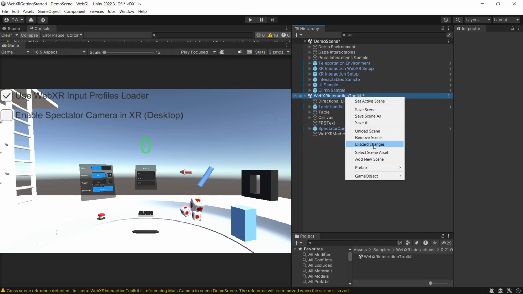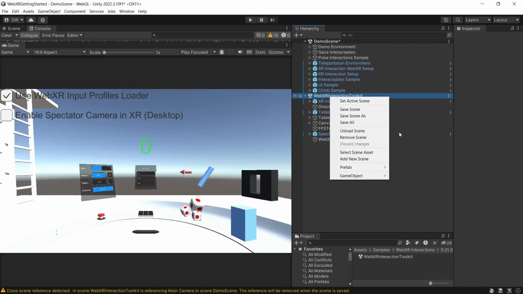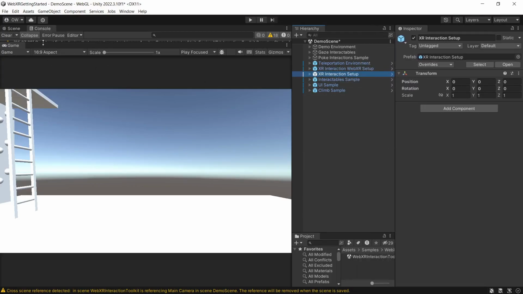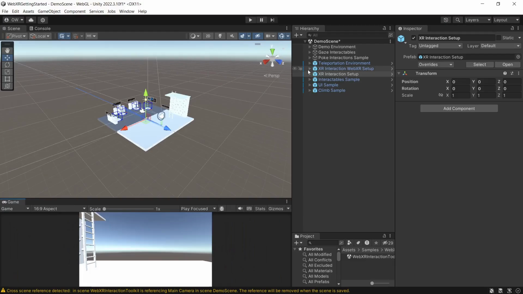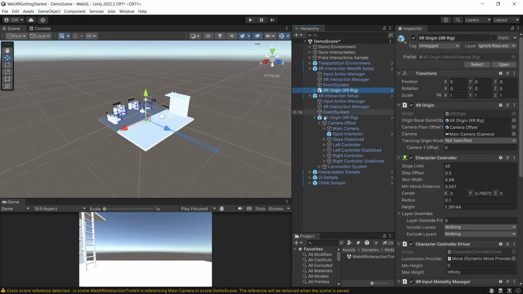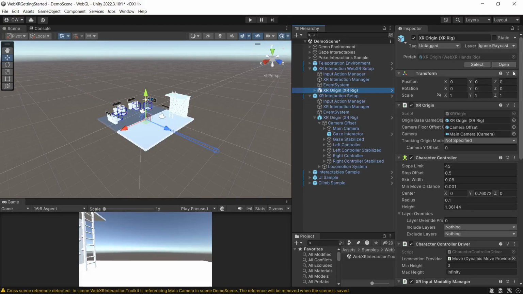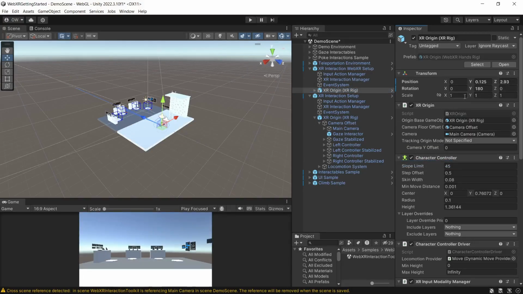We'll discard the changes to the WebXR Interaction Toolkit sample and remove the scene. And now we can compare both setups. Okay, we see here that the origin here is... so let's copy component, paste component values,